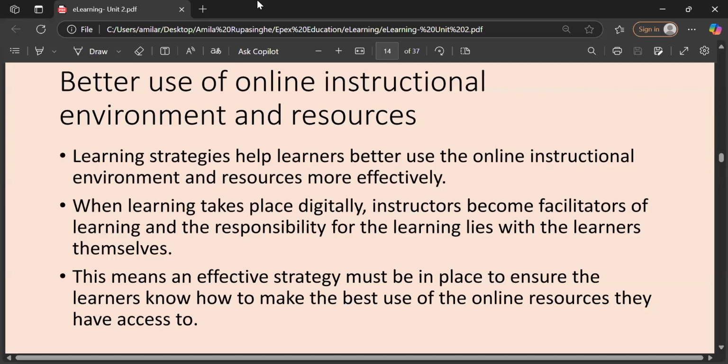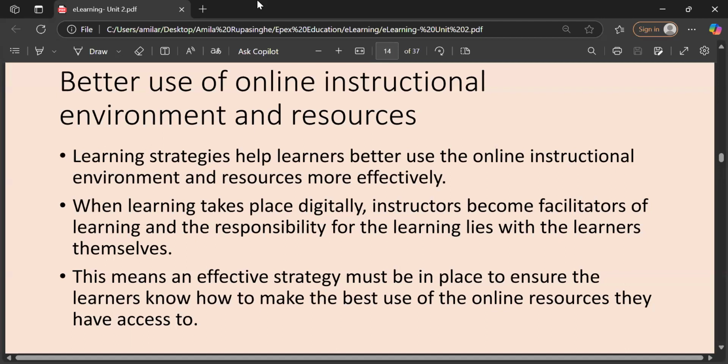The problem of understanding and selecting proper content, we overcome by using the strategy of including some e-materials and recommending them. That's how we make a better environment and resources for online learning, right?